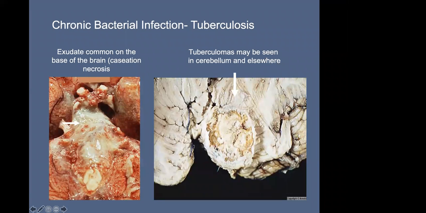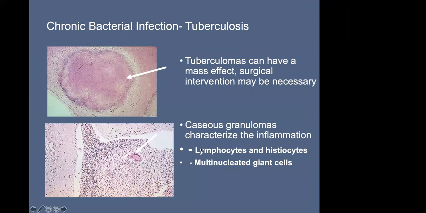Tuberculoma, as the name suggests, is a mass-like lesion. It can happen in the base of the brain, or here in this case, it's in the cerebellum. But wherever the location, it could be in the meninges like here, or in the parenchyma, like a tuberculoma. If we take the tissue and stain it with normal H&E stain, what we are going to see